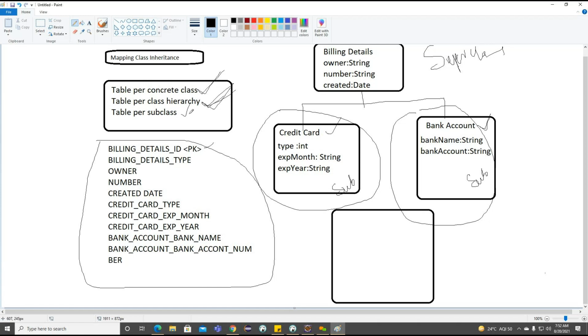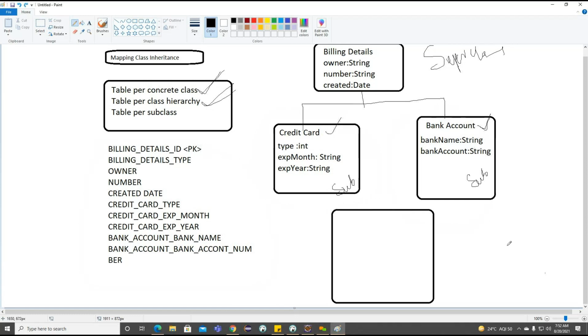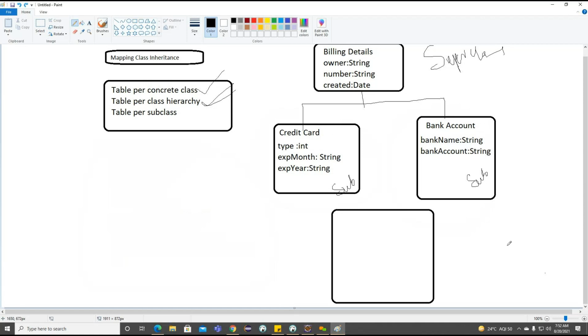So now finally we need to discuss the table for subclass. So this particular table for subclass here, it is related to our database related information here, how we are going to work on this particular relation with our foreign key here. We are going to make some relation between the foreign key. So let me work on this particular, the final one.